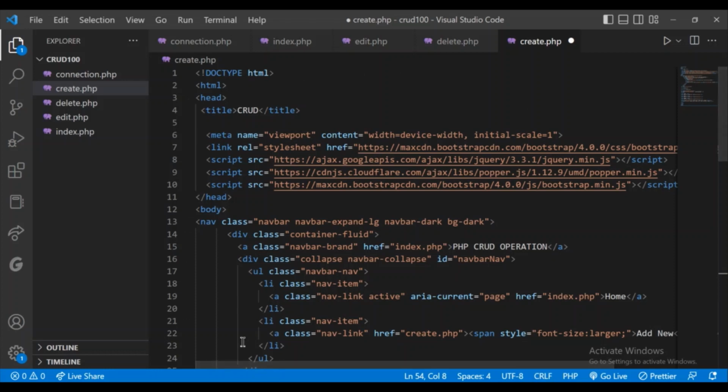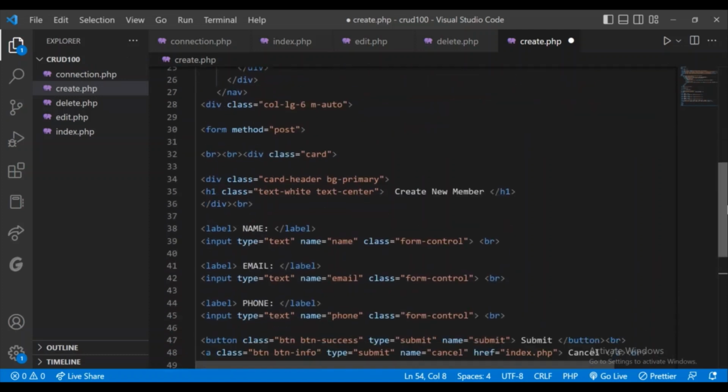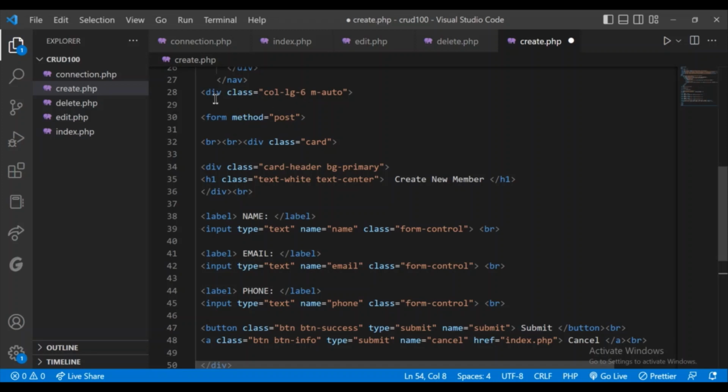At first you need to copy paste the Bootstrap starter template from the Bootstrap official website to include all the scripts and all. Then I have included the nav bar from Bootstrap, as you can see on the top, as usual, the nav bar which I had included in the index.php file also. Then I have used Bootstrap cards. I am using a form where the method is post, and then I am using a Bootstrap card, in which in the card header I am giving the text-white property to have a white heading, Create New Member,